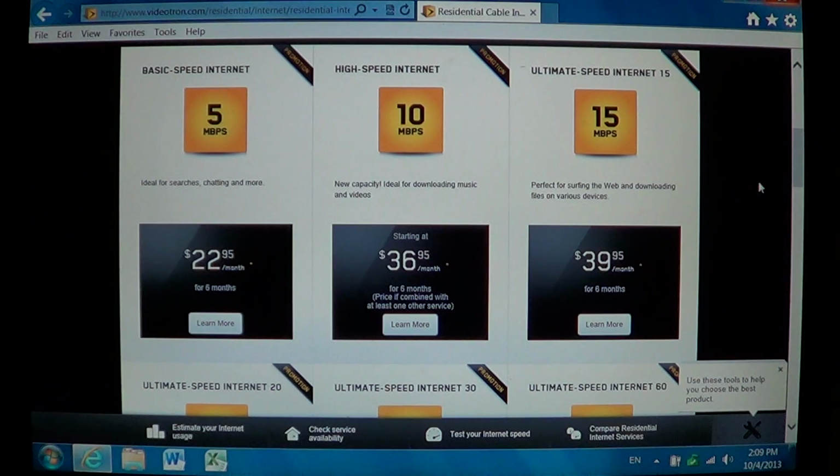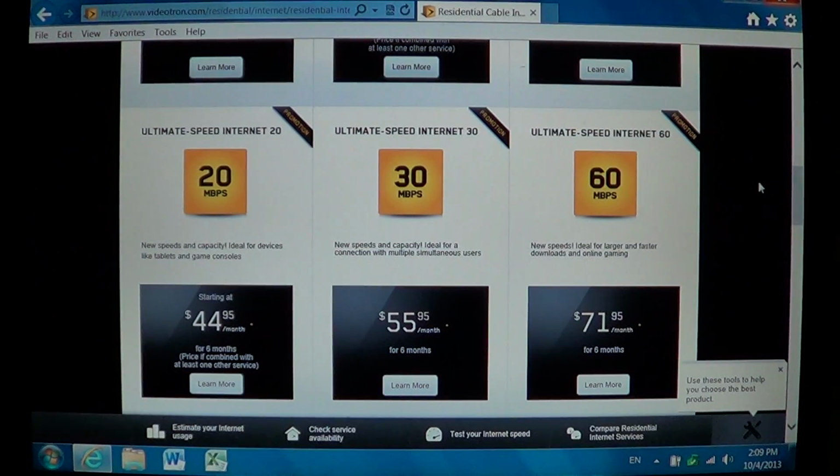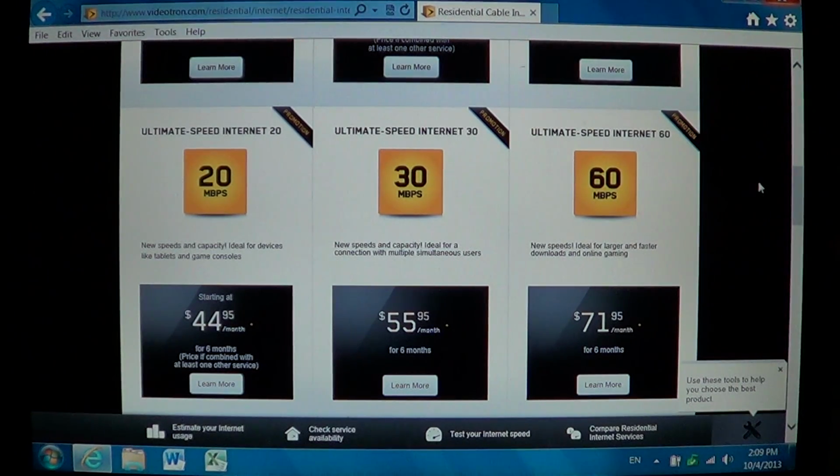So depending on if you use or watch videos and stuff like that, then you might want some service that is higher. An example is I upload a lot of YouTube videos, so I need a fast connection. I've got a 60 megabit per second connection here at home from the cable. That's really fast, and